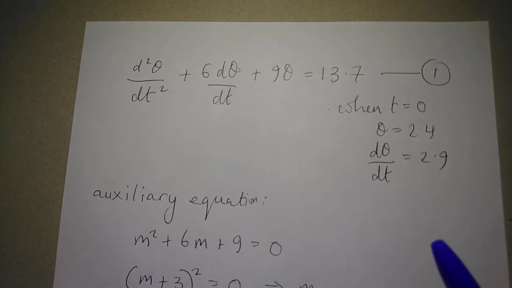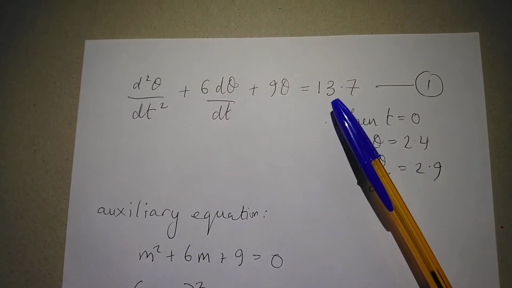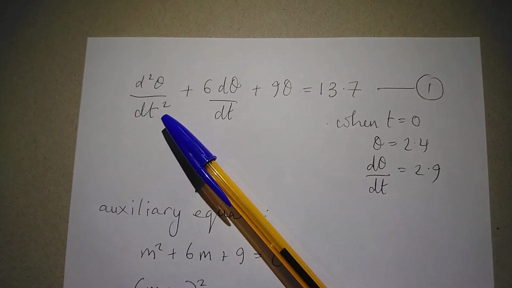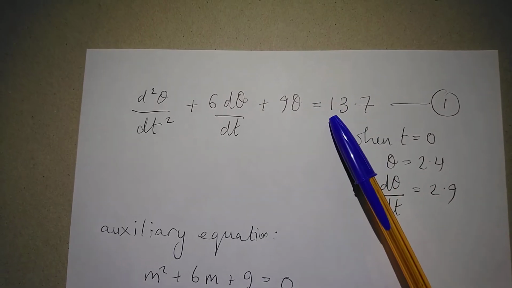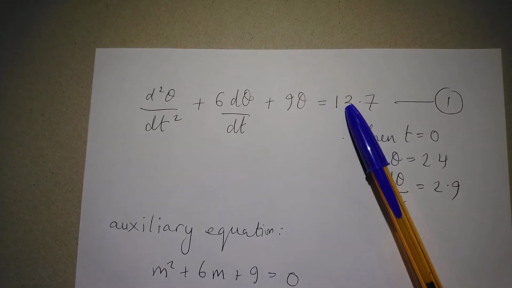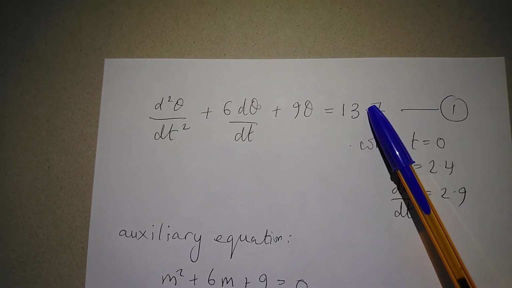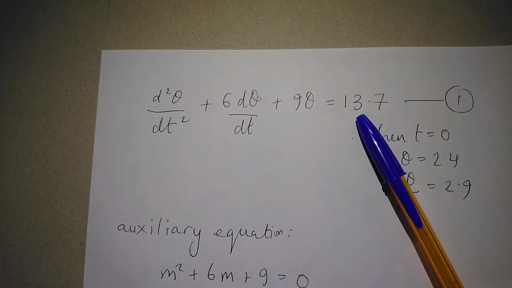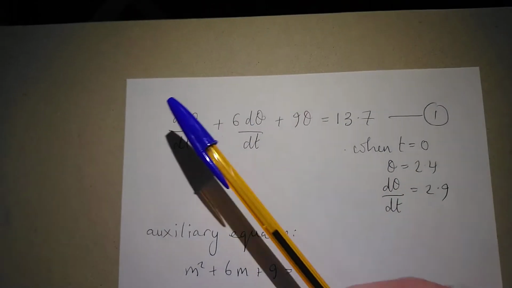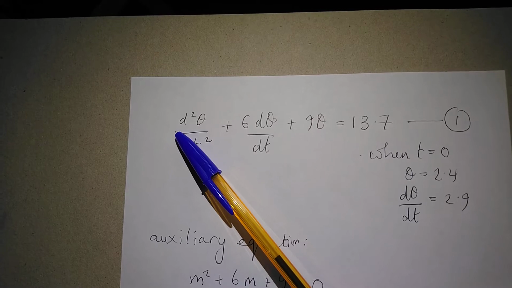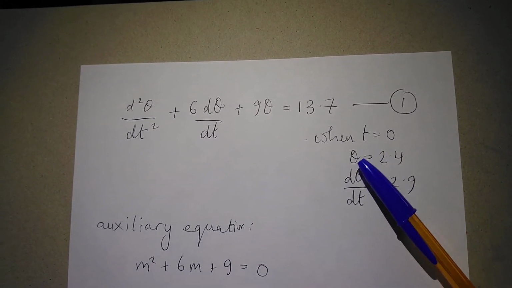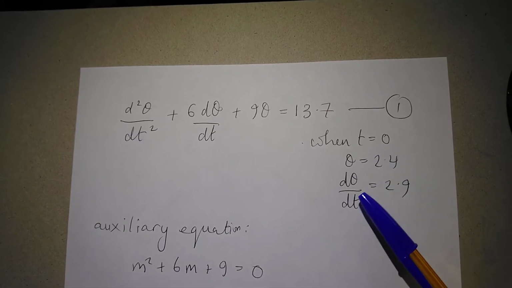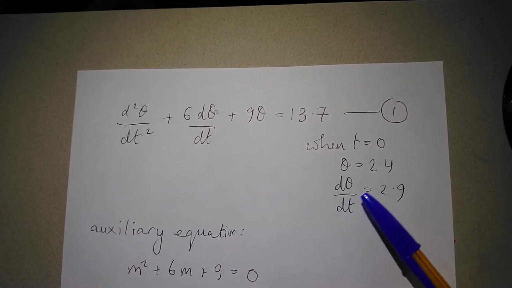So here we're going to solve a non-homogeneous second order differential equation. It's non-homogeneous because we have some function, something other than 0 on the right hand side of the equals, and it's second order because we have the second differential here. We've been given the initial conditions that when t is 0, theta is 2.4 and d theta by dt is